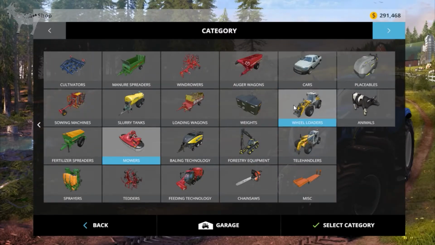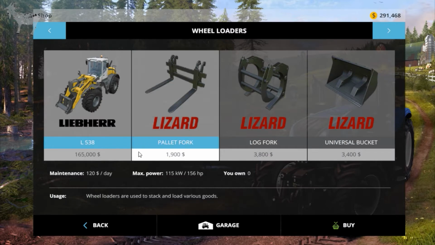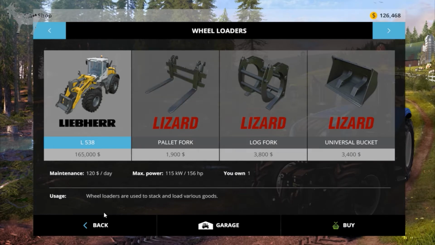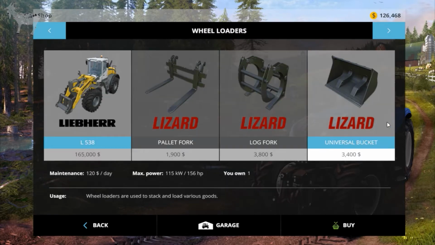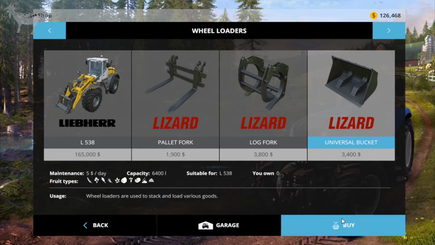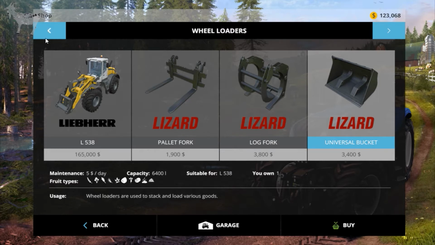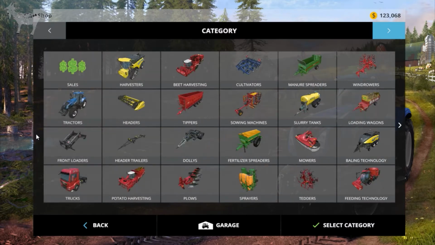So what we need is a wheel loader. That's going to be the biggest thing that we're going to be buying as of right now. So let's go ahead and buy that. And then what we need next is, actually let's get back in there. We need to get a bucket. So we need that. Yes. And then what we also need to do is